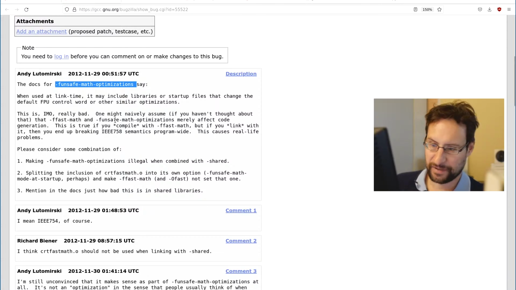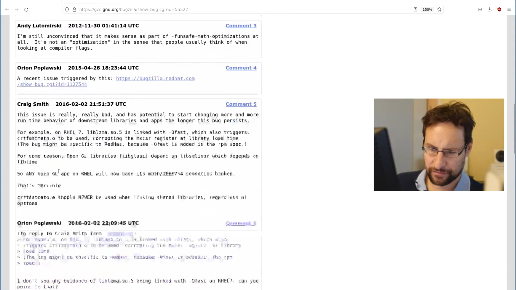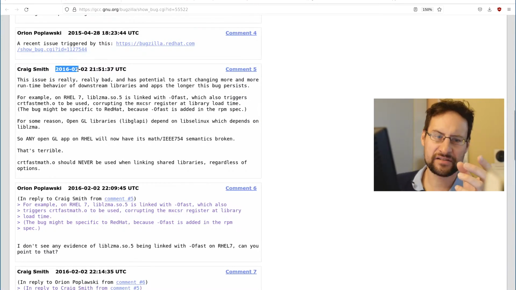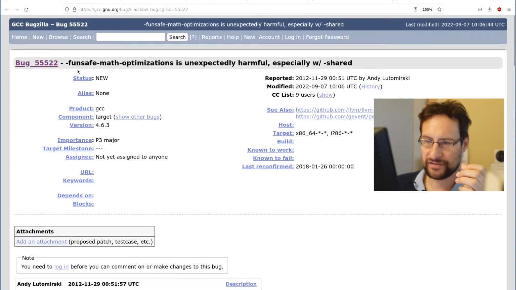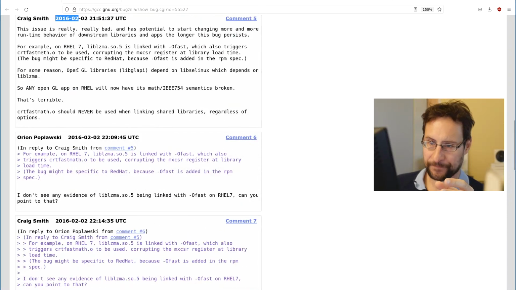Will cause issues and bugs and stuff. And also they say here Red Hat, right? Somewhere it was here. Craig Smith joins in. This issue is really bad. Also 2016, right? That is 16, so 4 years or so after the bug was reported, and still